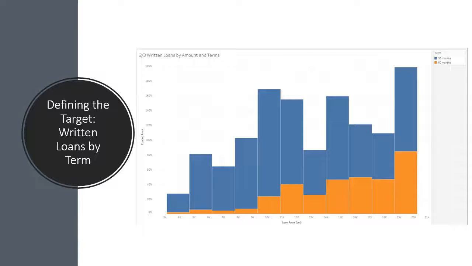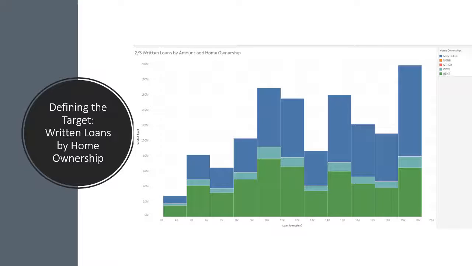In other words, the majority of the loans here are funded, which means that if we see, as we have here in the blue, that the majority of the loans funded and approved were 36-month term, we should therefore target 36-month term borrowers, as they will be more likely to be approved given the window of range that we are looking at. Again, with the $4,000 to $21,000 window, we excluded any of the loans that were outside of that window,